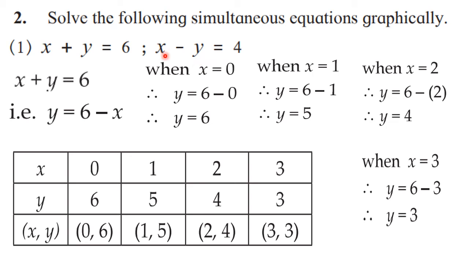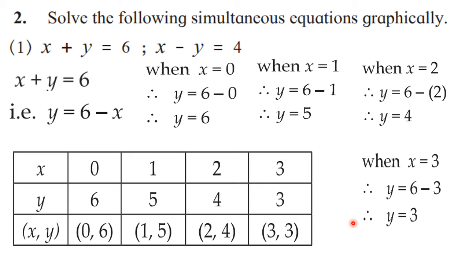Similarly, we have to do it for the second equation also. Now I am going for first, then for second, because I am teaching online, so it is not possible for me to do it simultaneously. But what you do is, after preparing the table of one equation, you go to graph paper, draw the x-axis, draw the y-axis. Write down all the coordinates, positive on the right of the y-axis and negative on the left. Similarly, in the upper part you write positive on the y-axis, and just below the x-axis you write negative coordinates. Correct?